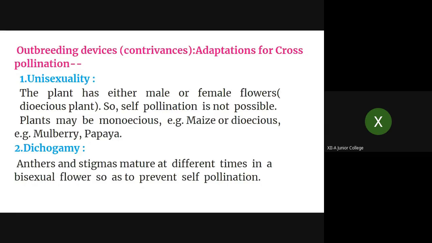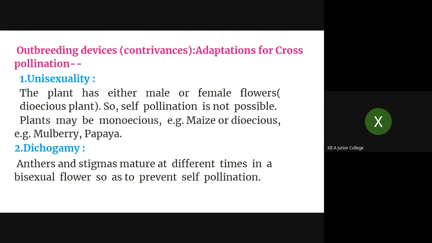Monoecious means what? Mono means single. Within the same plant, male flower is also produced, female flower is also produced. The common example is maize, that is shown in your textbook also. I will come to that later, the diagram of the maize which is shown, I'll explain later. But right now you just remember that maize is the monoecious plant where the plant is same but the flowers are produced at different places. So male flower is different and the female flower is different.